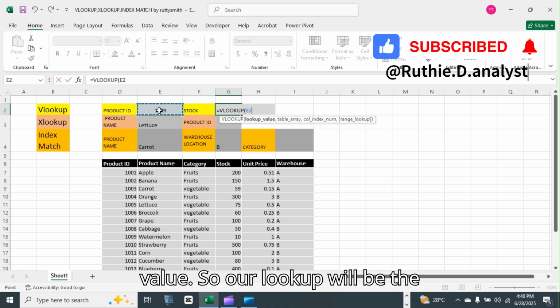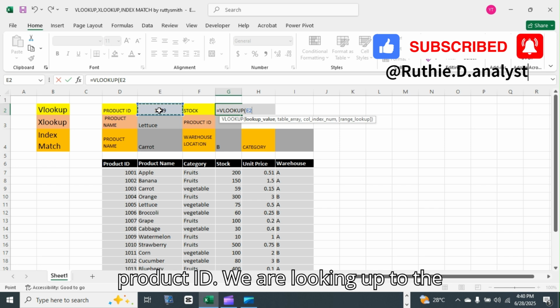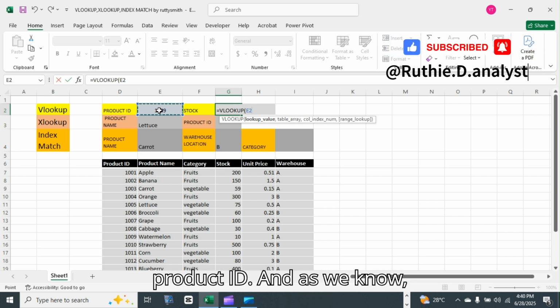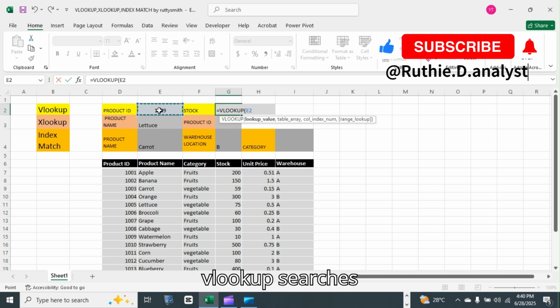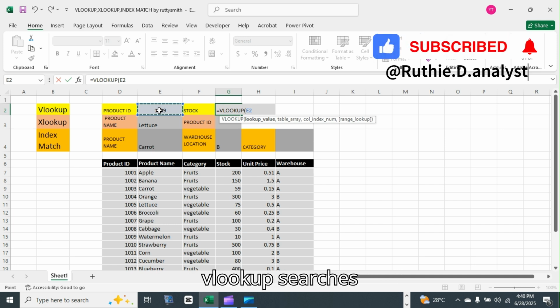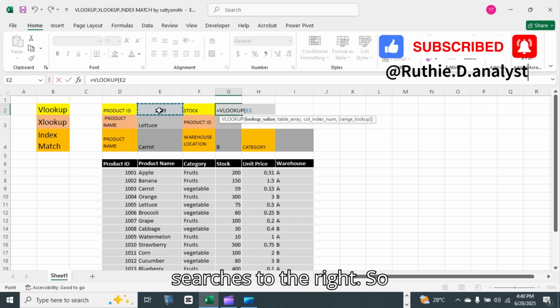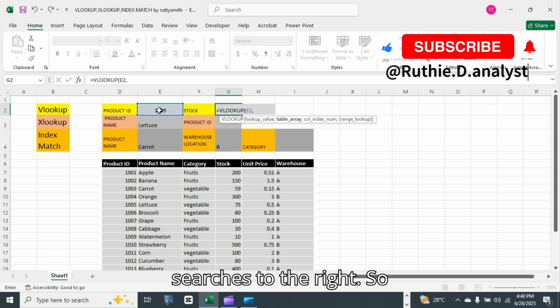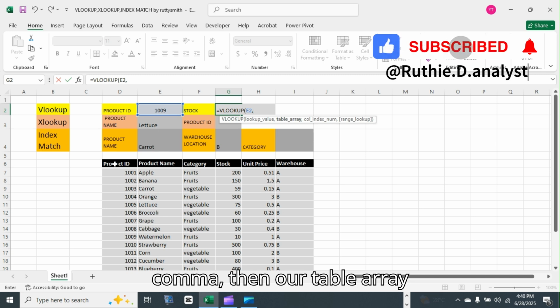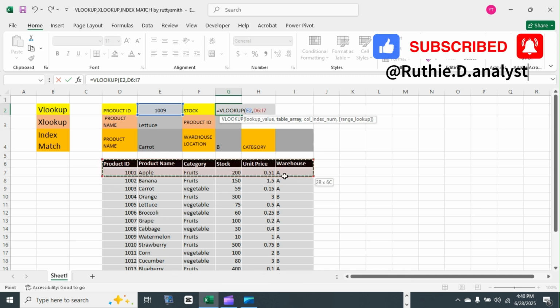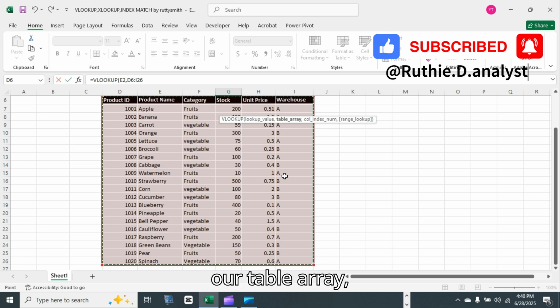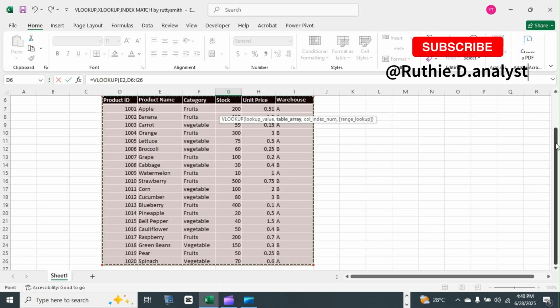And as we know, VLOOKUP searches to the right. So comma, then our table array,